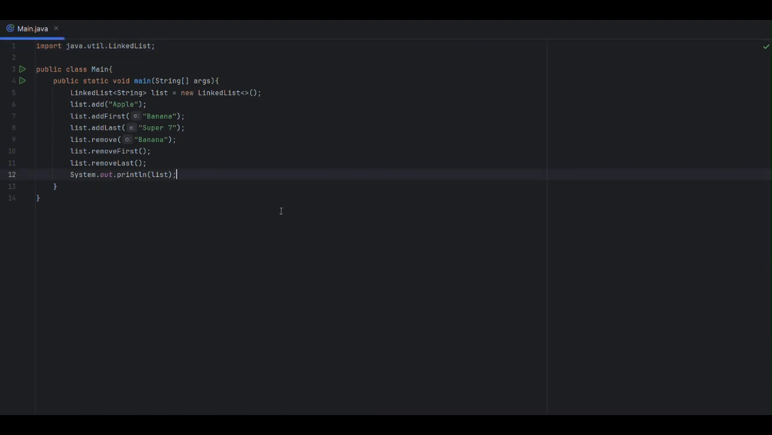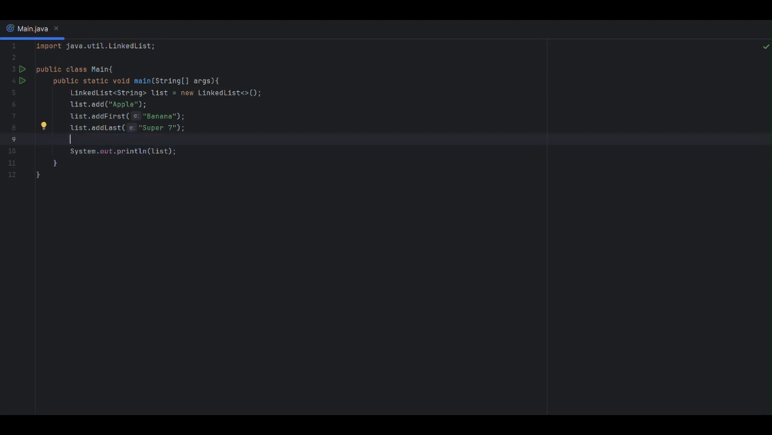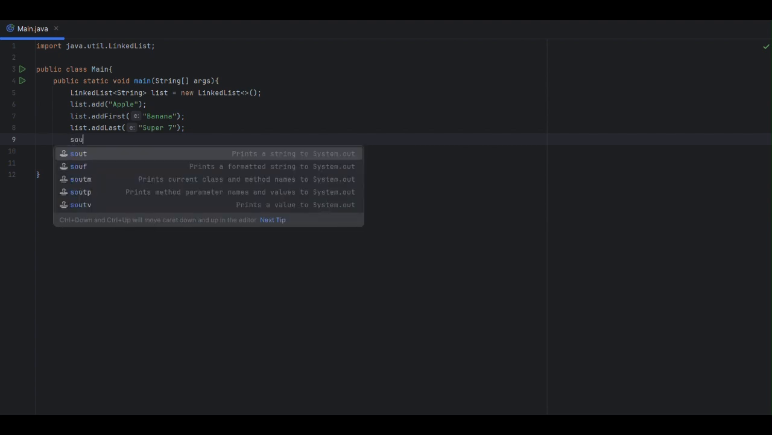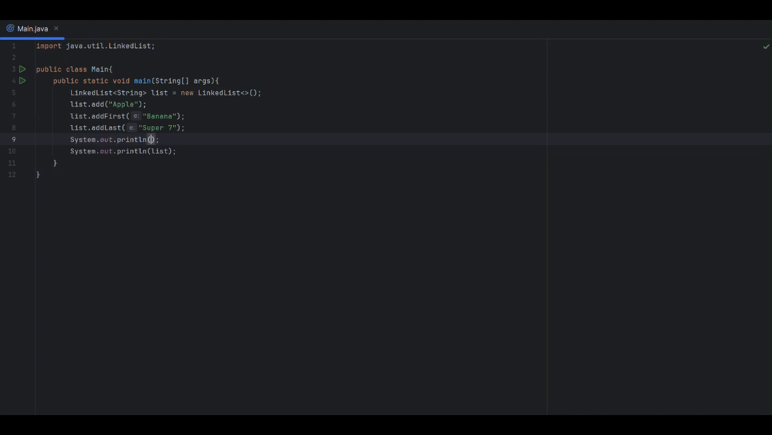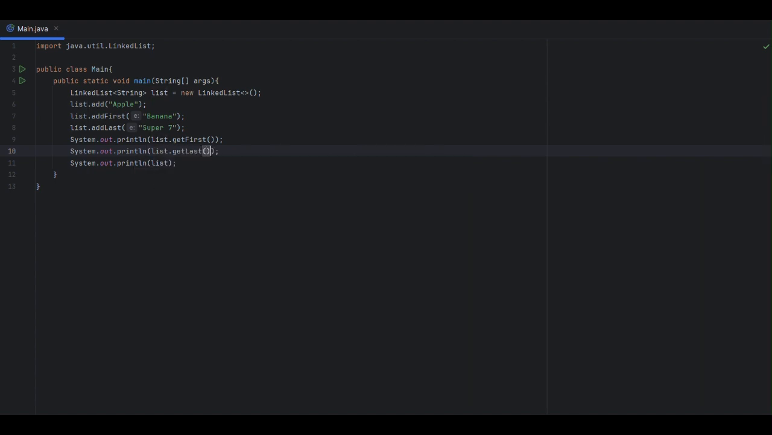So let's talk about accessing elements. I'm just going to remove the remove part. To access elements, let's just try printing this out just to see, using IntelliJ's built-in shortcut, sout. To access the first element in the list, you would just do list.getFirst. And to access the last element in the list, we can also print that out using sout. You just do list.getLast. Pretty simple. So if I print this out,